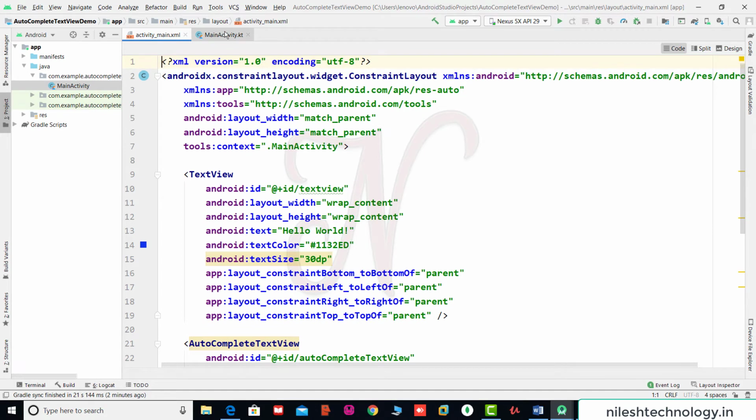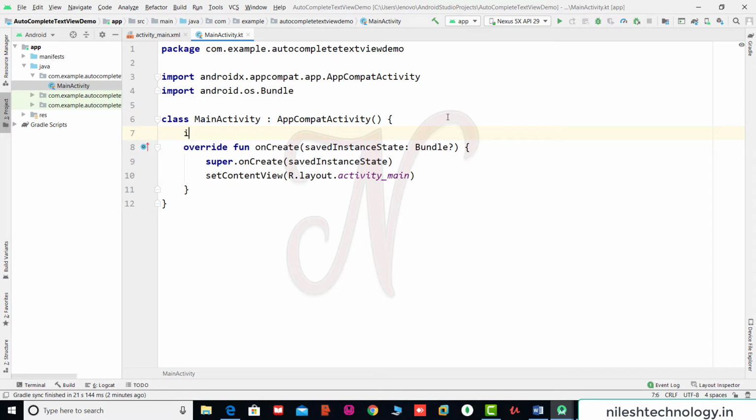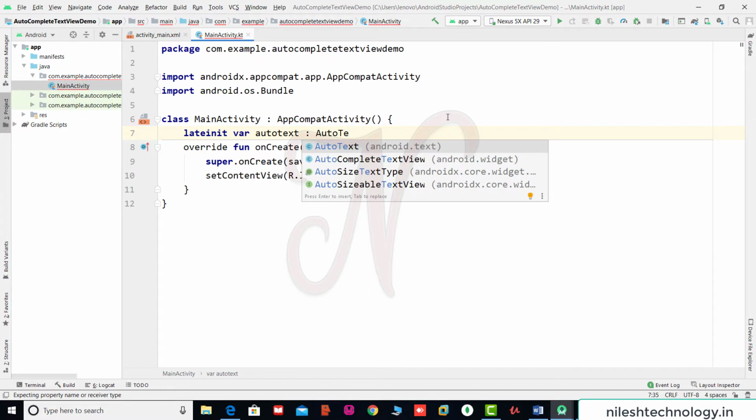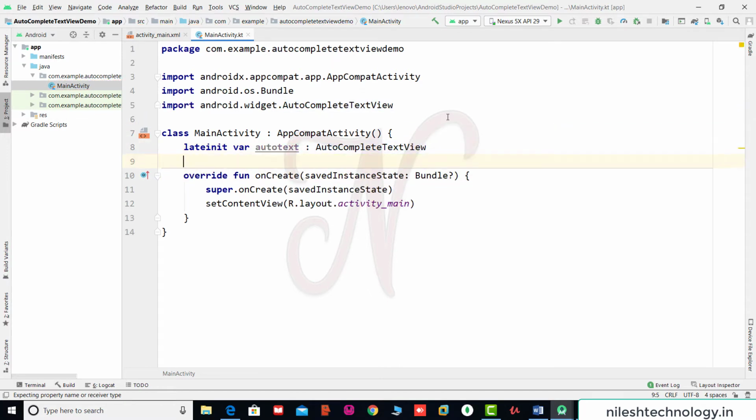Going to the Kotlin file, declare some variables. Lateinit var autoText, which is an AutoCompleteTextView. Again, lateinit var txt, which is a TextView.